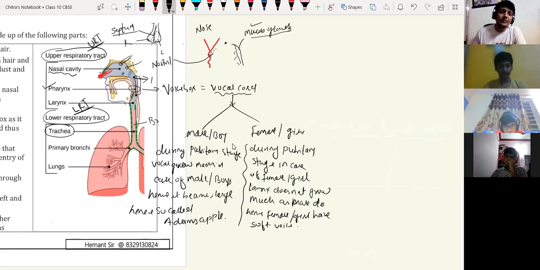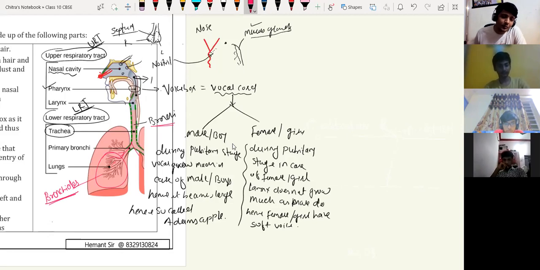Okay. So when the air reaches from the larynx to the trachea, the trachea has another name, bronchi. I am changing the ink. This bronchi breaks down into two parts. One reaches the left lung and another reaches the right lung. That's why it is called left bronchi and right bronchi. These bronchi again break down into small pieces like branches, you can see over here. These are called bronchioles.